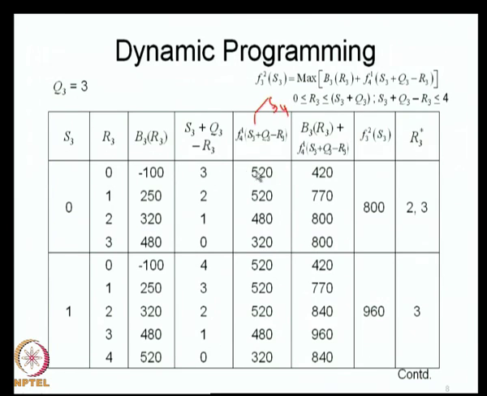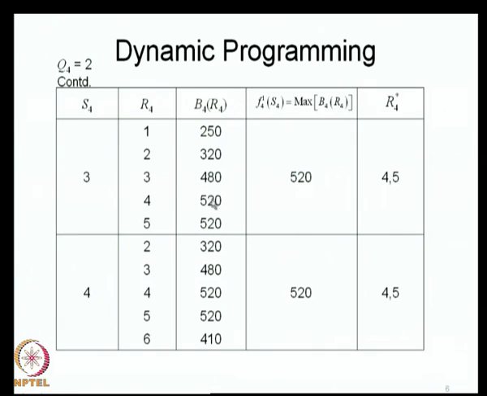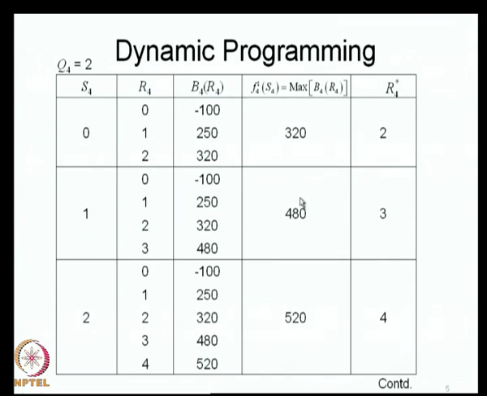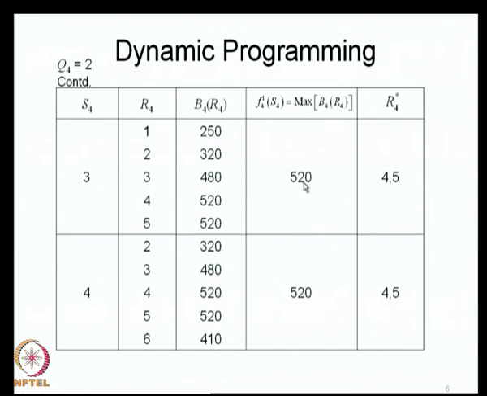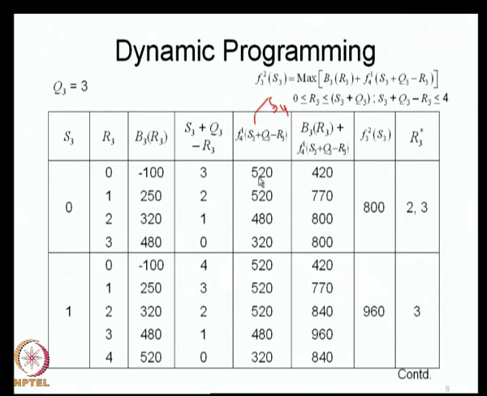So, corresponding to this value of S4, we go back to the stage number 1 calculation, and it says 520 is the F41 corresponding to S4 equal to 3. So, that we take it as 520, and these two together will give you a total benefit of 420. Similarly, if R3 is 1 starting with S3 equal to 0,